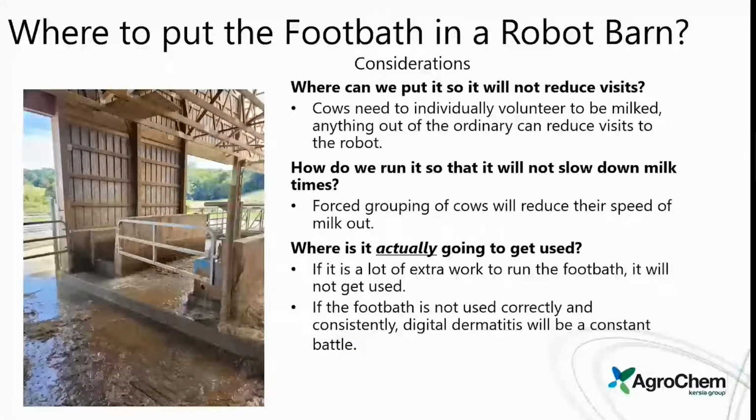But as we'll see as we go forward in a little bit here, we have other methods and other ways of looking at what's the proper way to put it into a robot barn. But if we think about this, the cow needs to individually volunteer to be milked, and if she's got a sore foot, she does not like to come to the robot. So if we walk out onto the facility and we catch a lot of cows that are leaking milk in the stall, we ask